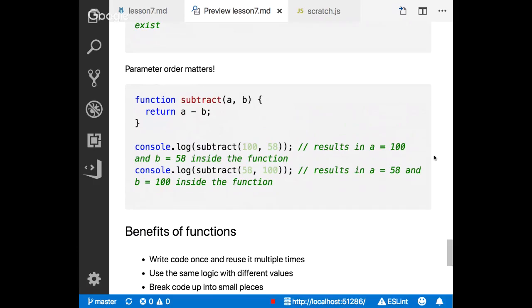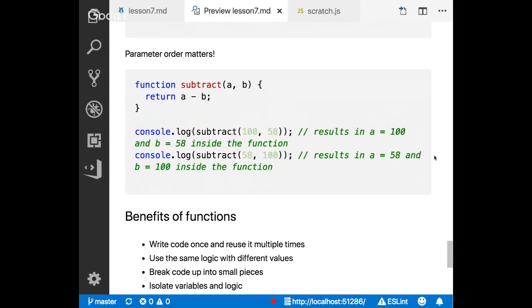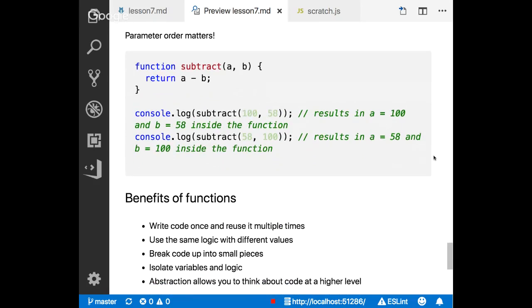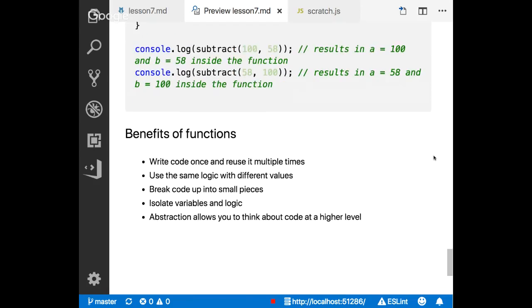That'll really help us with being able to think that way. It lets you isolate variables in logic so that they're not affecting other bits of code. And then perhaps the most useful aspect of functions that will be much clearer